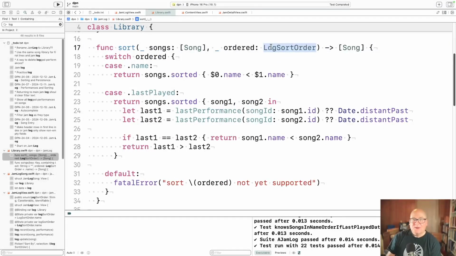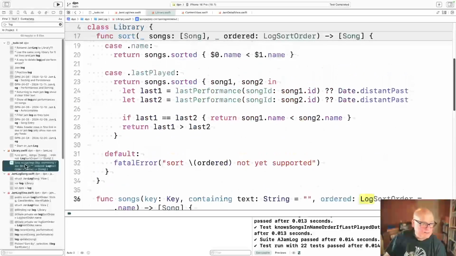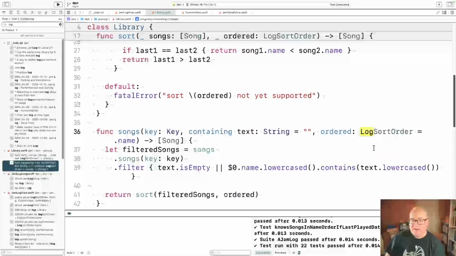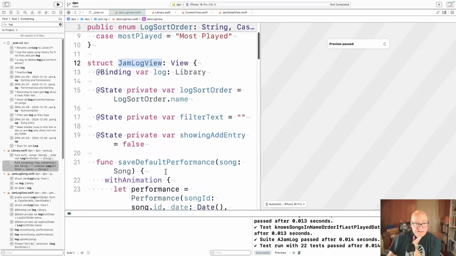Log sort order is... Now this is... Well, it takes songs, but it also uses performances implicitly because of last performance. I don't think that's fatal, but it's suggestive of a challenge. Where's log sort order? He's over with JamLog view. Okay, this is still JamLog view, I think.